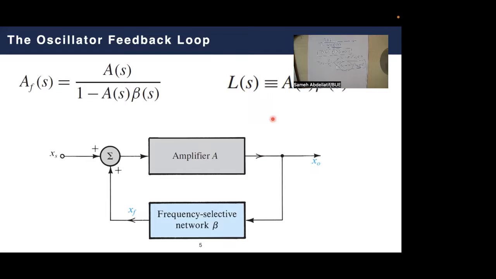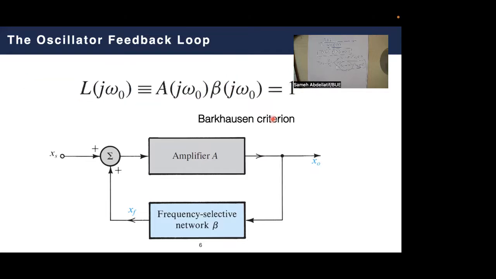So we can consider it in the way that L(s) should be equal to 1, or L(jω) should be equal to 1. But here, if you recognize, we don't say that it's L(jω). We say that this is L(jω0),